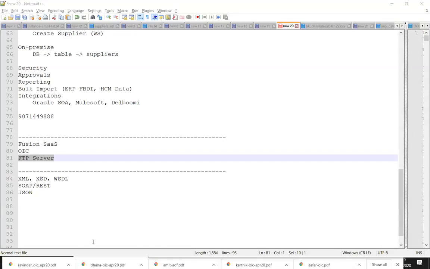All right. Any other clarifications? Hello, Bhaskar. What if you are trying to connect to an on-premise FTP server? On-premise FTP server, you cannot connect from Integration Cloud. No, I heard you can connect, using what is called firewall tunneling. I'm not sure. As long as the FTP server is accessible from outside your network, then you'll be able to access it. If it is not exposed, then you cannot access it.